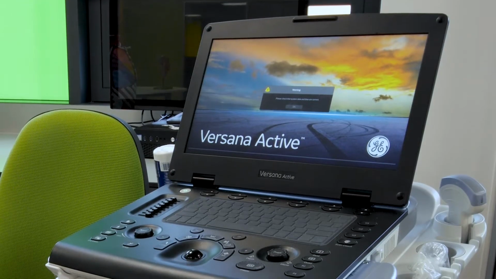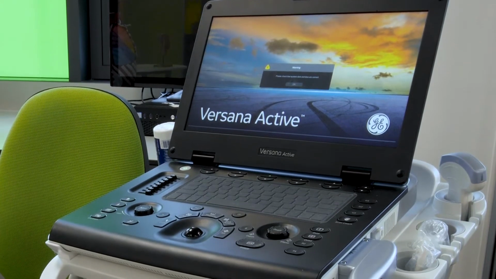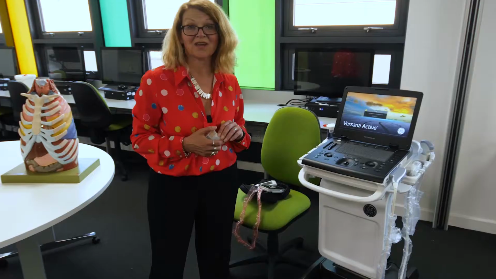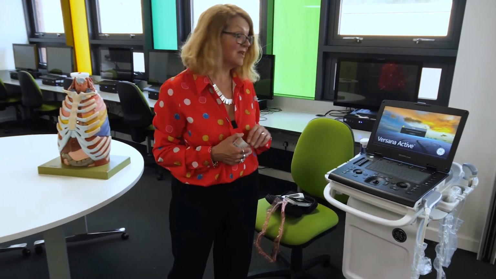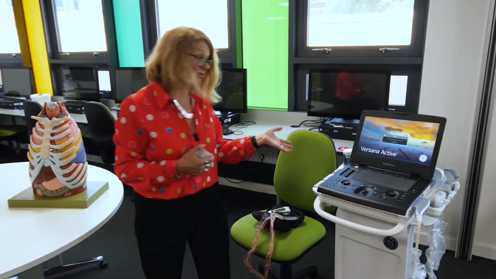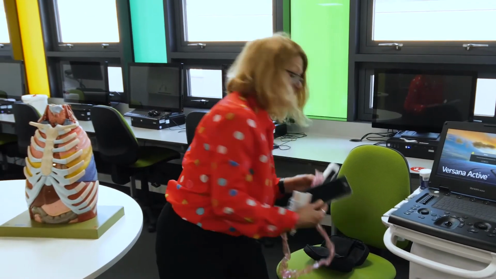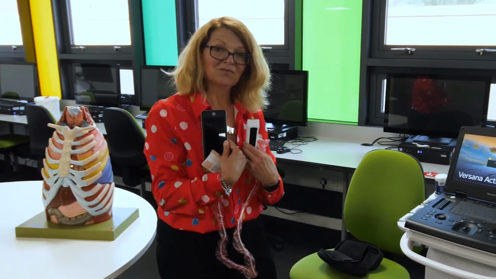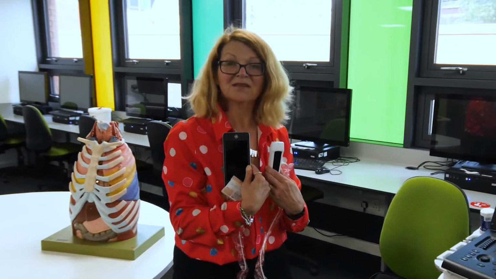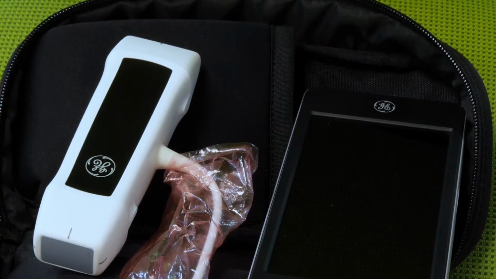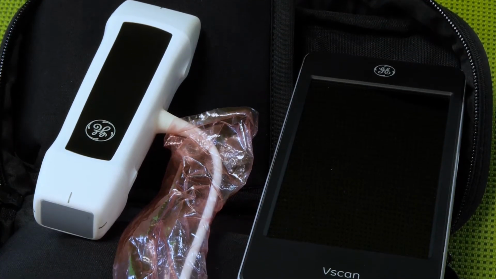So this is one of our portable ultrasound machines that we use with patient, carer, public involvement individuals, and our students get an opportunity to scan in the lab with those individuals. So we've got a number of these pieces of equipment, and we also have these handheld devices here. We've got 6 or 7 of these, and these are used in class as well. So we've got lots of equipment for all of our students to scan.